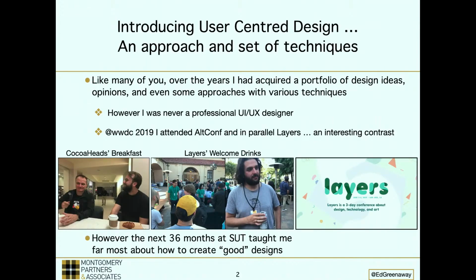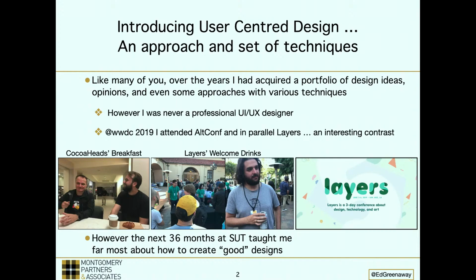So my approach to all of this was, I had years of developing stuff, project managing, program managing, and you always ended up in battles where different people had opinions about what was the good design for this particular client. And it would become a battle about fonts and colors and logos and stuff like that. And so when I went to Dub in 2019 and organized the Melbourne CocoaHeads breakfast there, thank you, Sean, for coming along,